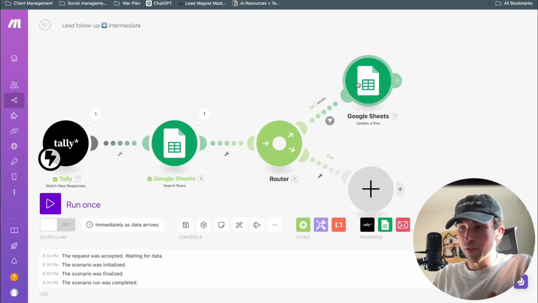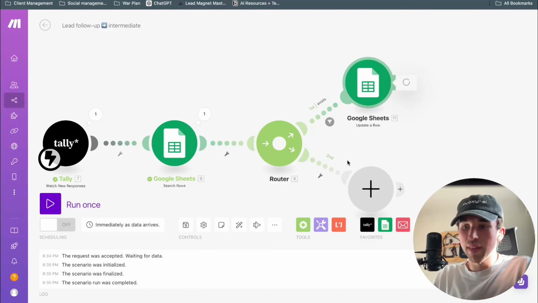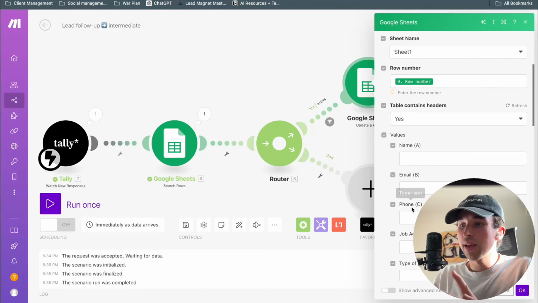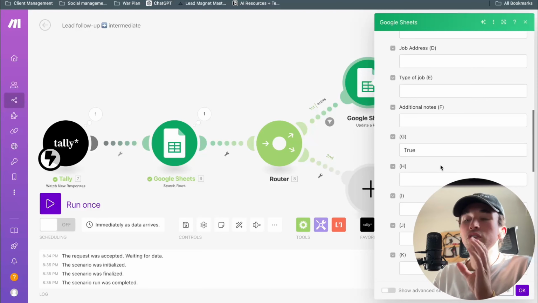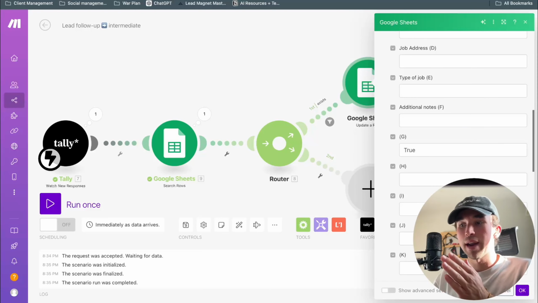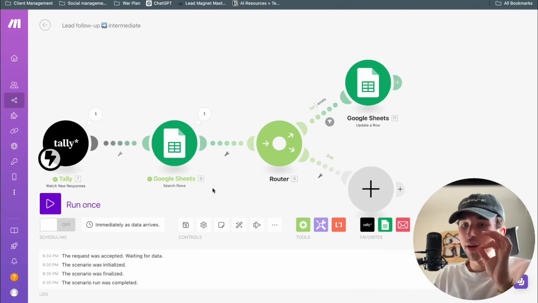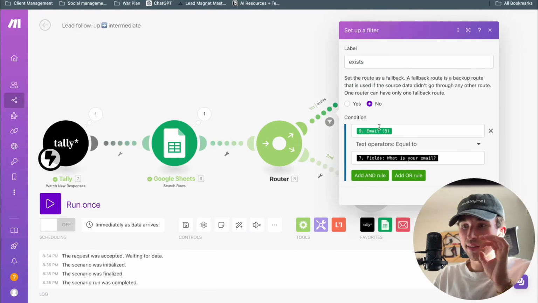Now that's perfect. We can just put that in there. Now you could probably get a little fancy and do something trickier, but we're just going to hard code true in right now. That'll be good for this version. So if the customer exists, if the email matches their previous email that they added to the form,